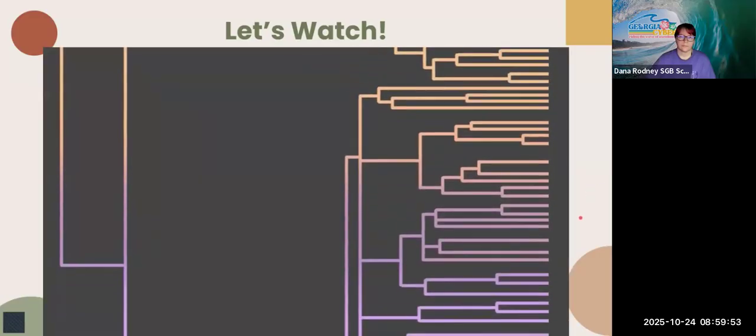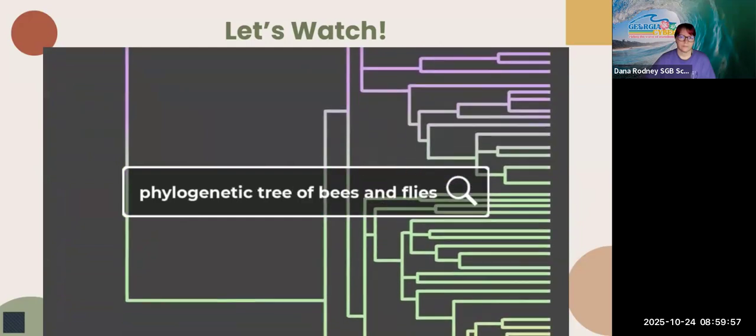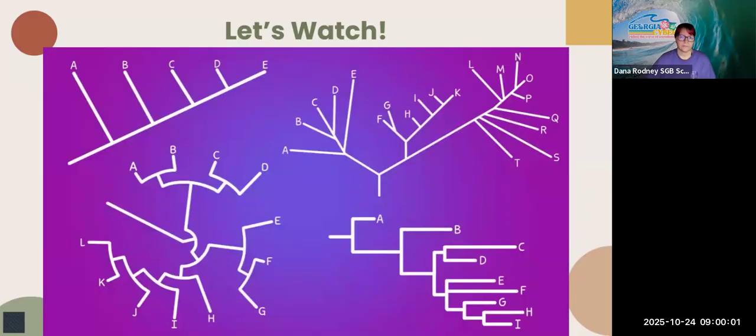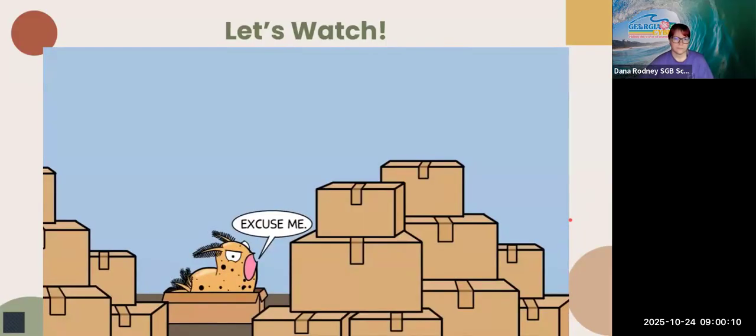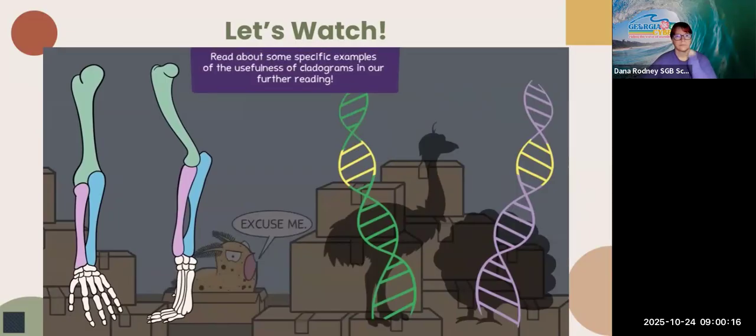Phylogenetic trees can be massive. Highly recommend a quick search for phylogenetic tree of bees and flies, and you'll see what we mean. The main point is that cladograms and phylogenetic trees help us visualize possible evolutionary relationships among groups of organisms. Building cladograms helps us practice how to group the organisms by evidence such as homologous structures or molecular data, and these models can be altered as we gather new data. To learn more about how this data can show evolutionary relationships, you can